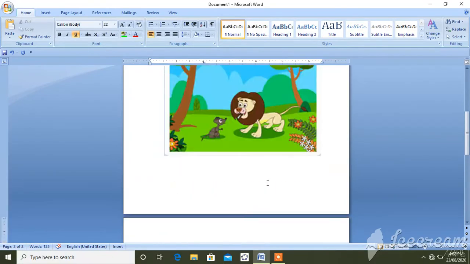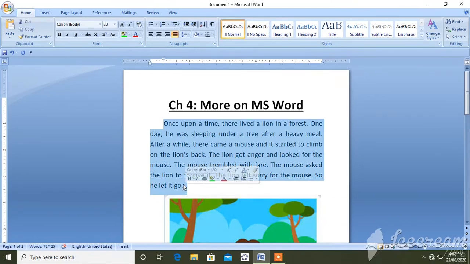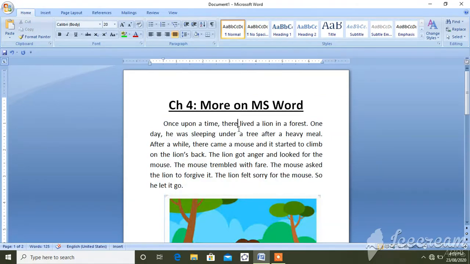Suppose you want to check how many words are there in this passage, so select this passage. It will show here. You can see in this passage there are 73 words, and in the full document there are 125 words. So the word count feature displays the total number of words in your document.